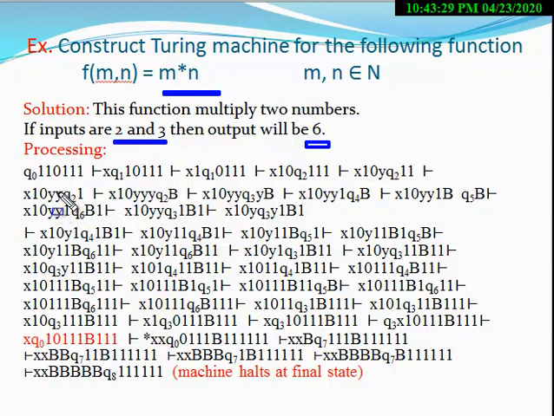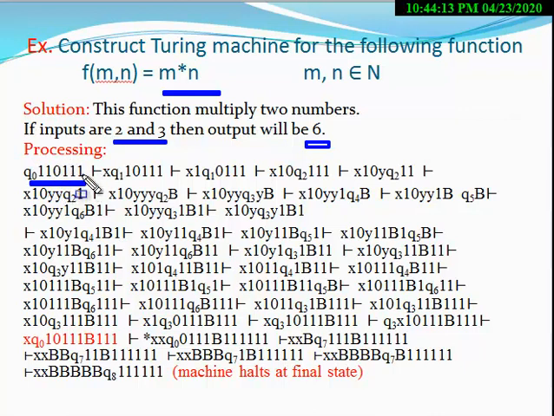Look at the logic here. So here we consider the initial ID: 2 ones here and 3 ones here. If there are 2 arguments in a function, then we separate both arguments by the 0 tape symbol. So the first argument is this and the second argument is this. Our logic is this. First you have to remove 1 before 0. Next you have to go to the right end. At the right end you have to copy these ones, these 3 ones.